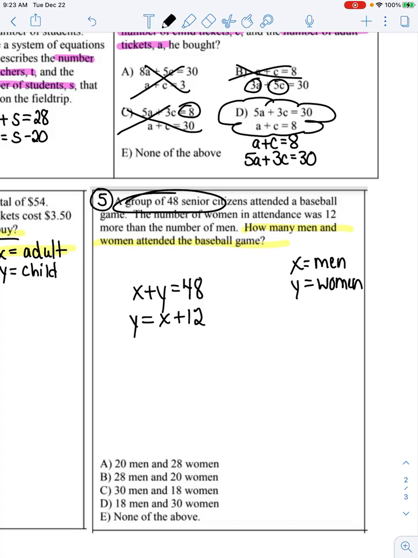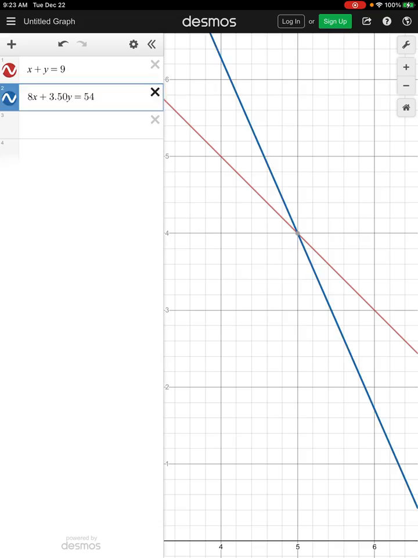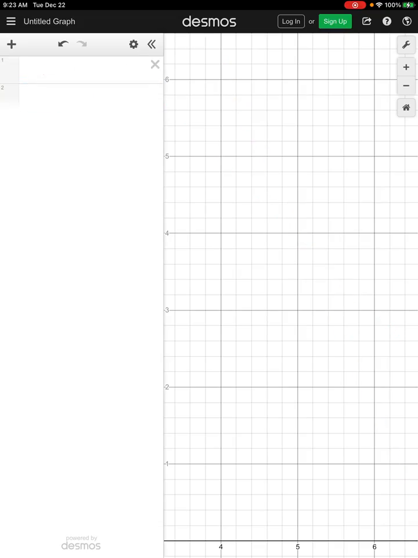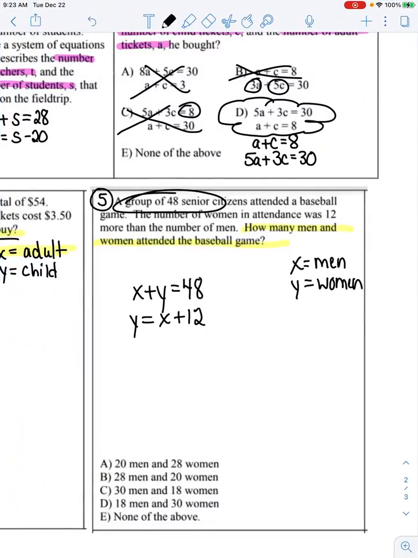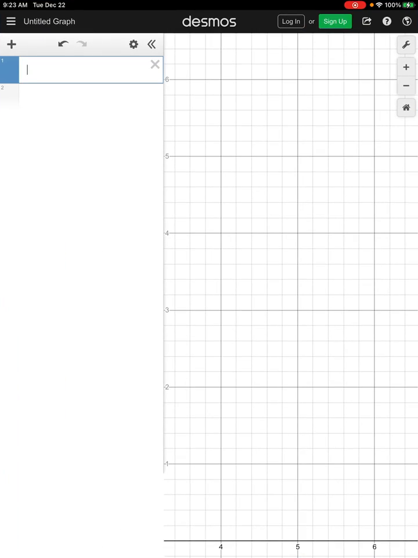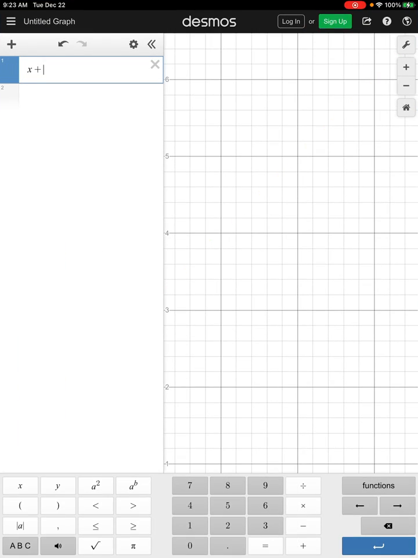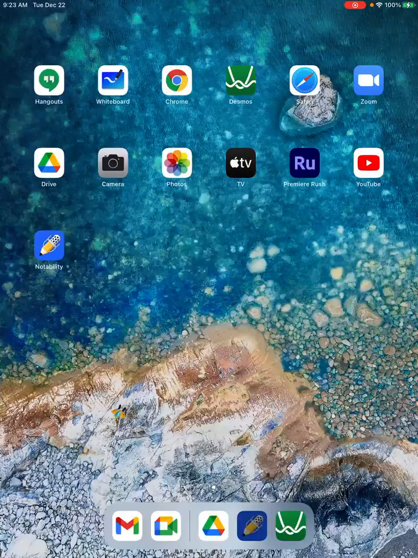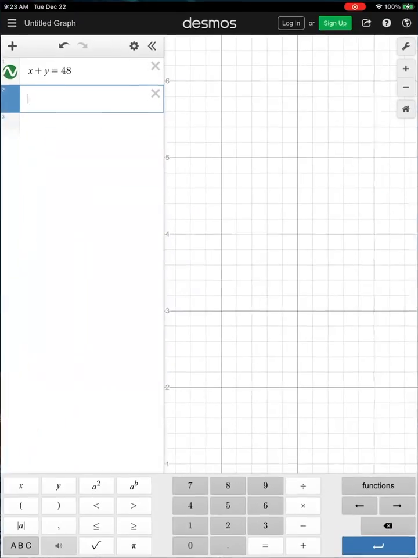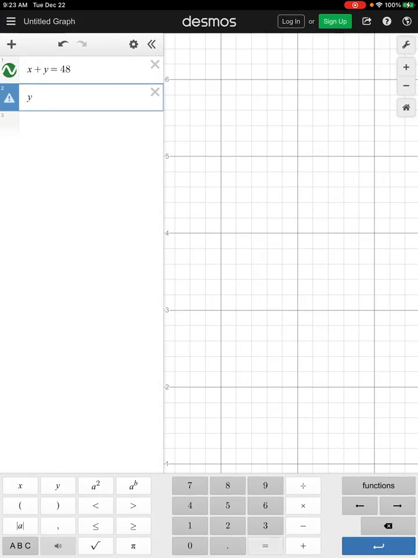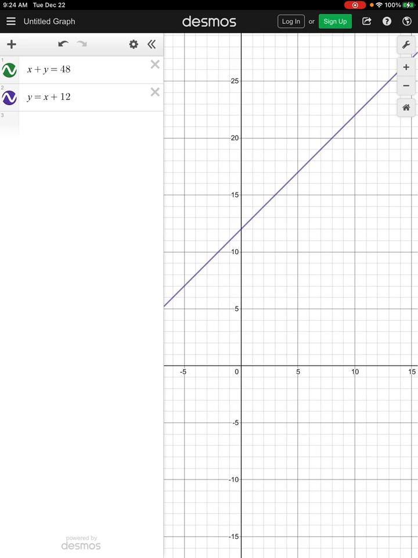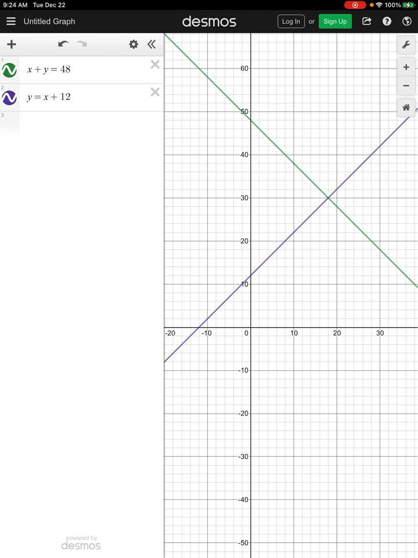Next, I want to solve my system. So I'm going to use Desmos to graph that. My first equation is x plus y equals 48. Boom. And next is y equals x plus 12. So now I want to find my solution,